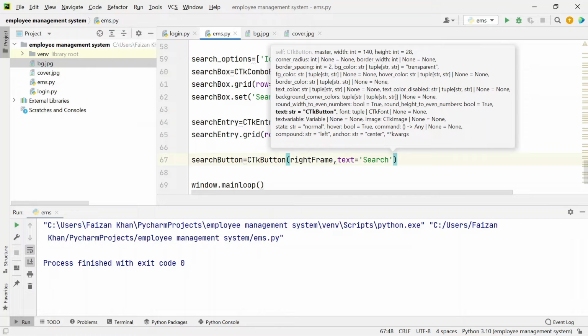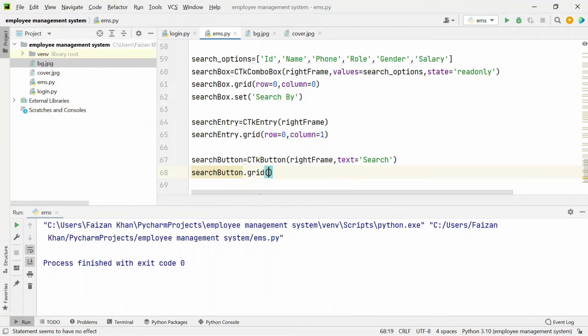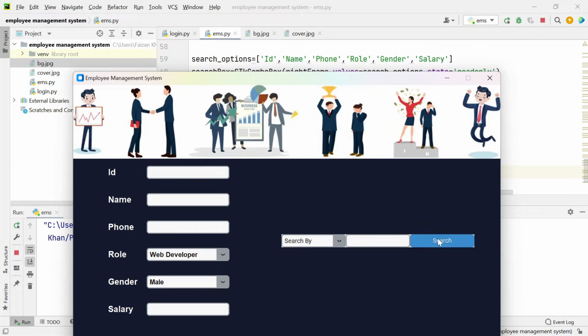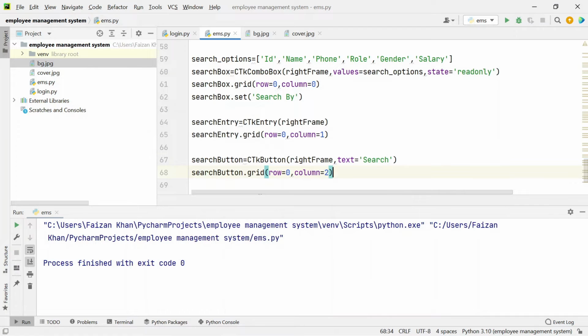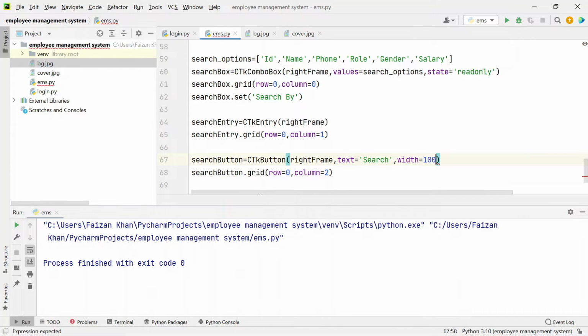Okay, and then I will simply grid it. So I'll write search button dot grid, row will be 0, column will be 2. Okay, like this. I will decrease its width. So I'll keep width to 100 pixels,